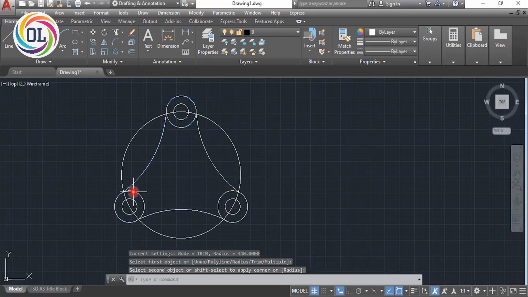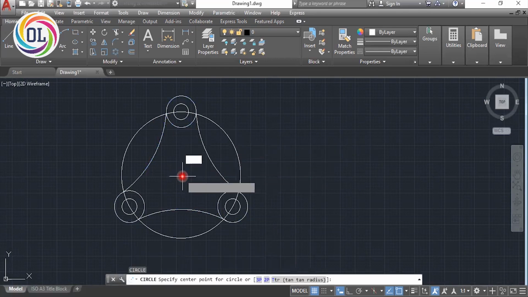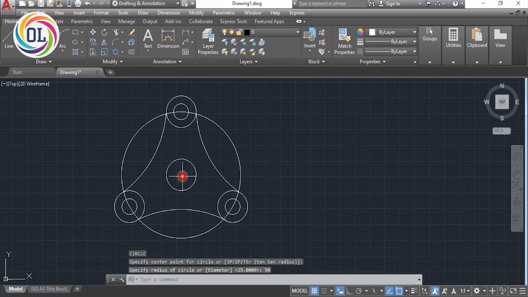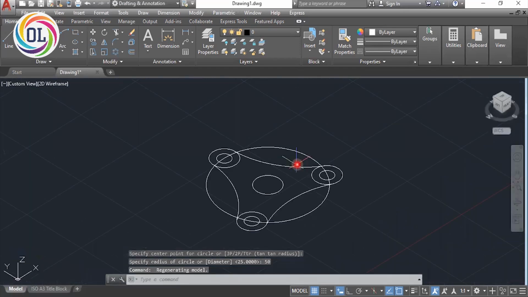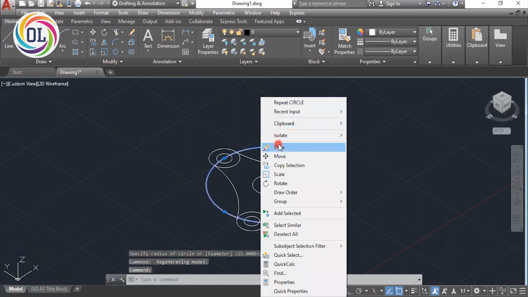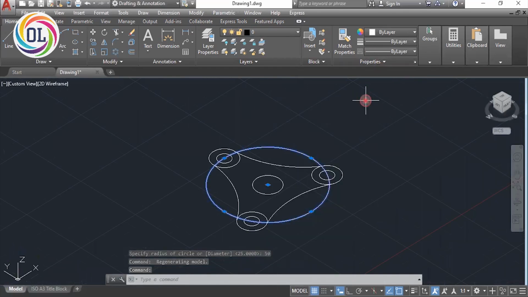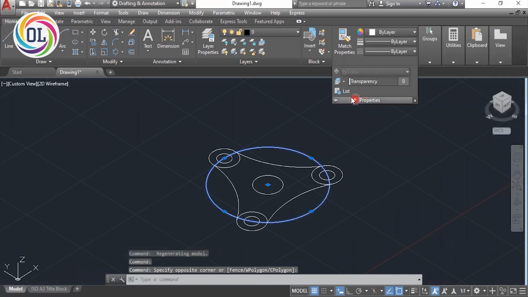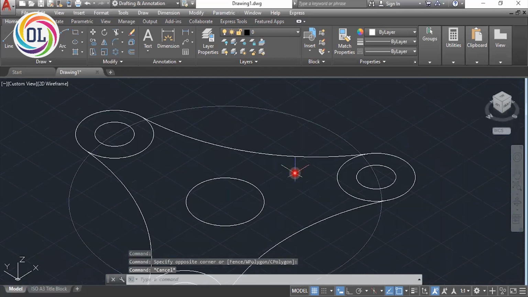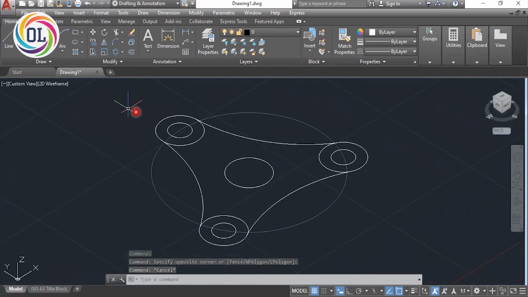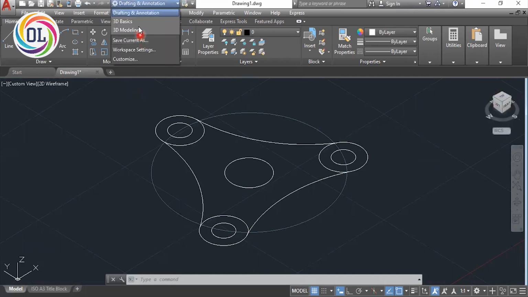It is a very basic example. I want to see this circle with some transparency, so I decrease the transparency of this circle. Now I come to the isometric view for our 3D modeling.